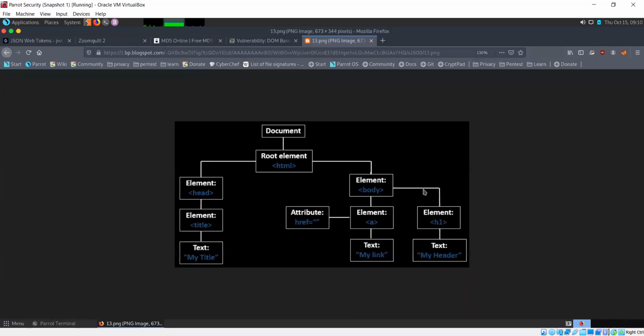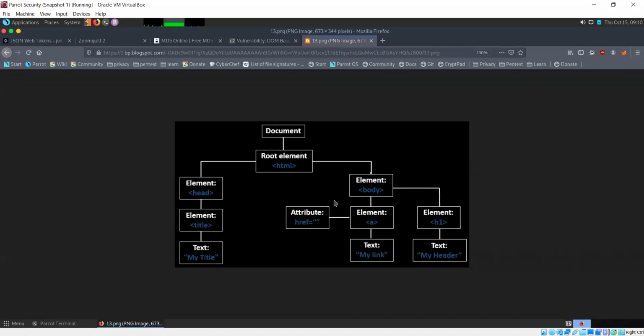Basically, it says that the document is at the top of the hierarchy, and everything else within the page belongs to that. After the document, the next is the root element HTML. It contains the head and the body. The head contains things like the title. The title contains the text of the title.